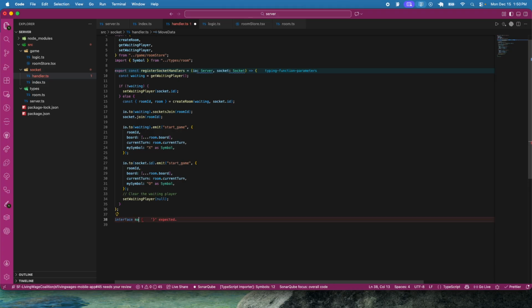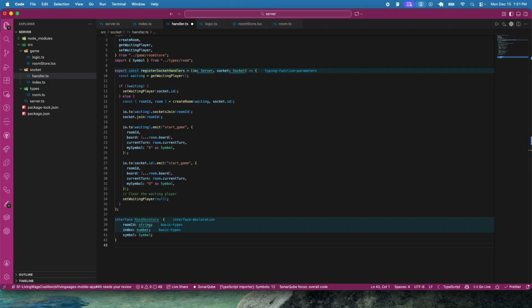and make a move. We are gonna call it here MakeMoveData. And basically there what we'll need is, let me remove this. We will need the room ID, which will be a string. We will need the index, not the position, but index. And the index will be a number, and we need the symbol of type symbol, right? And now let's create another event here,